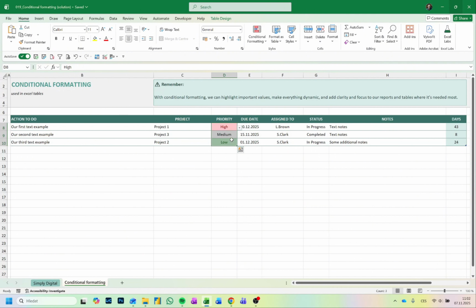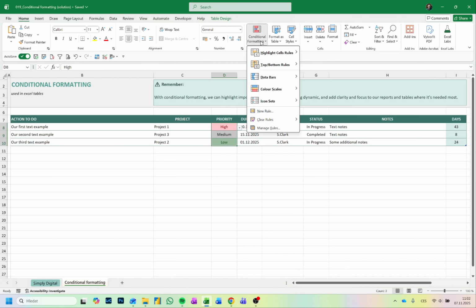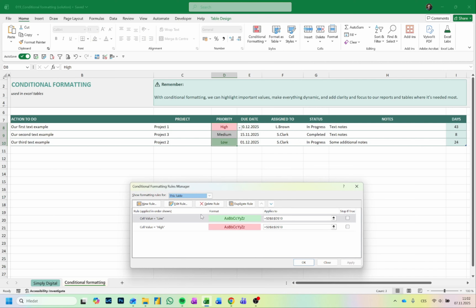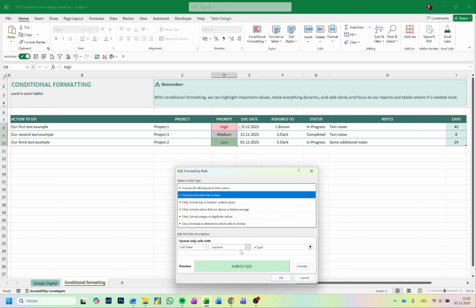Perfect. Now we need to do the same for medium priority. So let's do conditional formatting again, but this time we want to go to manage rules. You can see the previously created rules already here. So the easiest way to proceed right now is to click on, for example, low priority and duplicate. Now I have an additional row with duplicate conditional formatting, so I need to change it. So double click, and in here I need to change the word low. So instead of low, we put medium